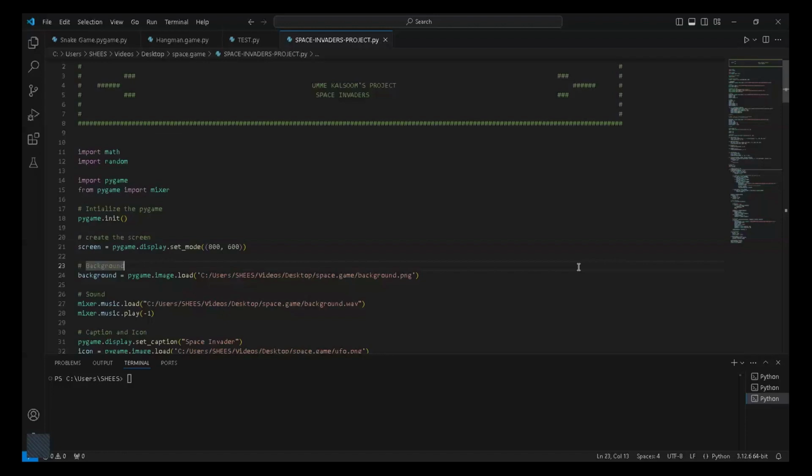Then I imported Pygame, and from Pygame, I imported mixer. Mixer is for using the sound effects and music, background music in my game. Then I initialized the game, pygame.init. This code is used for initializing the Pygame in your program because I want to use all the modules of Pygame. Then I created the screen,